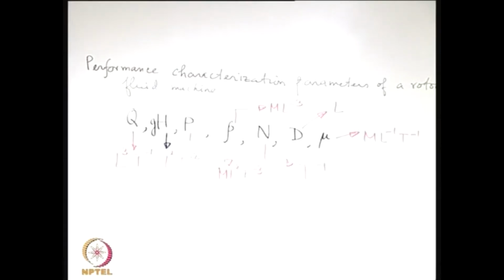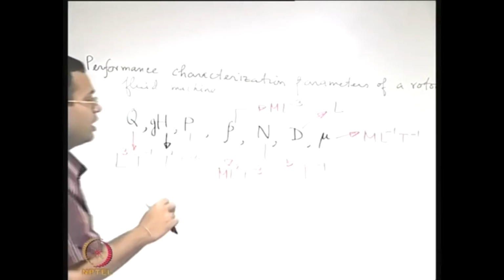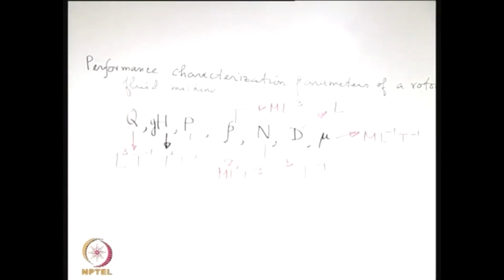To do that, what will we first do? We will have to choose the repeating variables. This is the most important stage, because the choice of repeating variables is not a trivial one. You may have many choices, but whatever repeating variables you choose, they should satisfy certain characteristics. What are the important characteristics? First of all, what is the number of repeating variables? That is equal to the number of fundamental dimensions. So here 3 repeating variables. The important thing is that in the repeating variables you should not put the dependent variables.